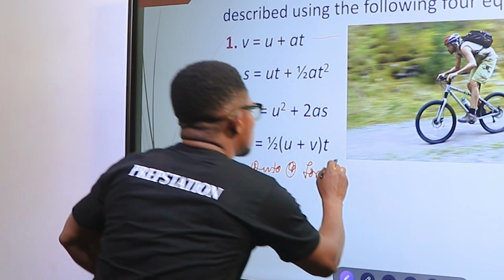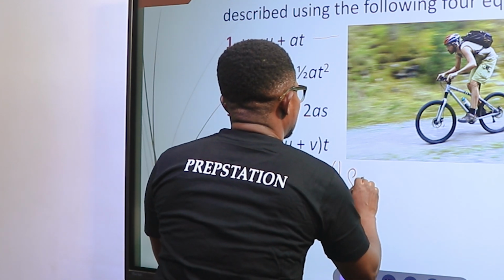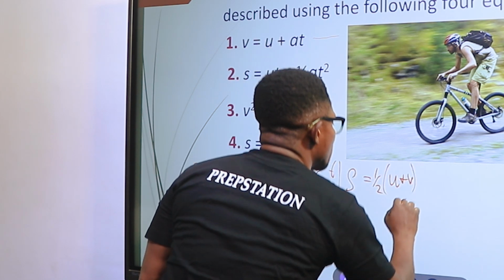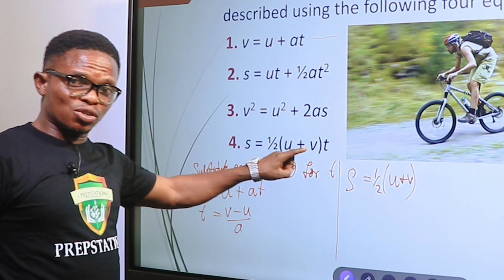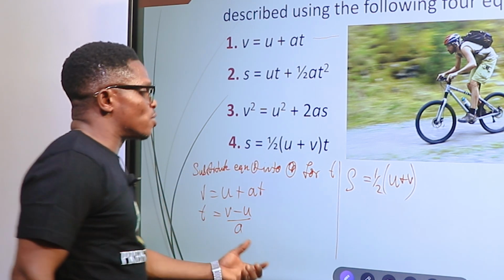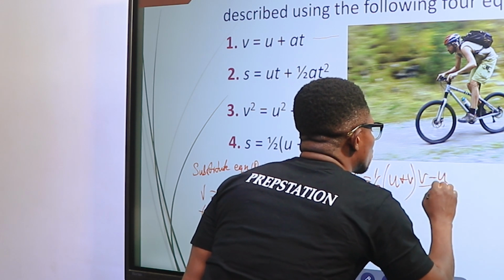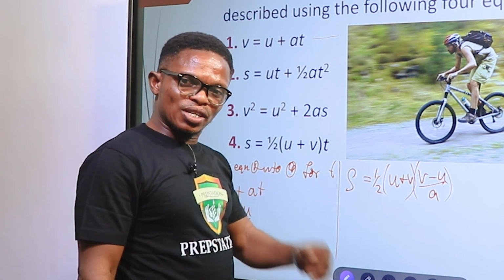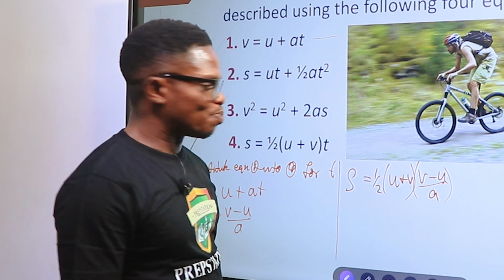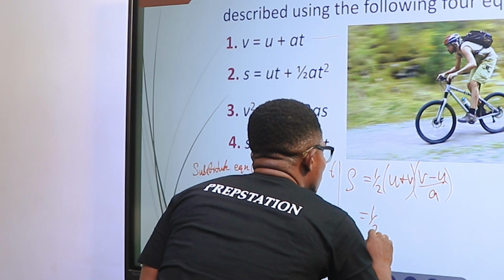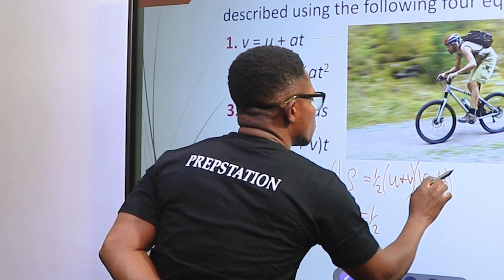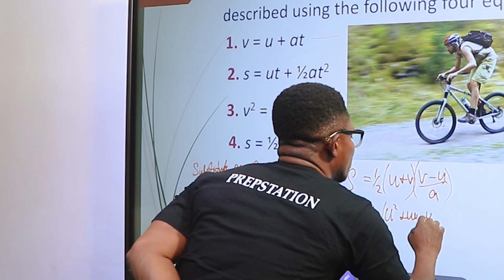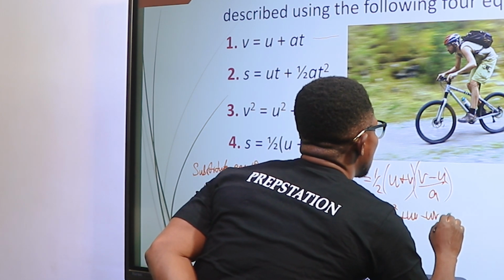Very simple. Let's do it together. So here we have S equals half into U plus V. Now, where I have T, I'm not going to write T. I'll simply write what? V minus U over A. So V minus U over A, bracket open and close. Simply play with this using your knowledge of mathematics, algebraic expansion. So if you do that, then you have half into, by the time you multiply this, you are going to get U squared plus UV minus UV, and then minus